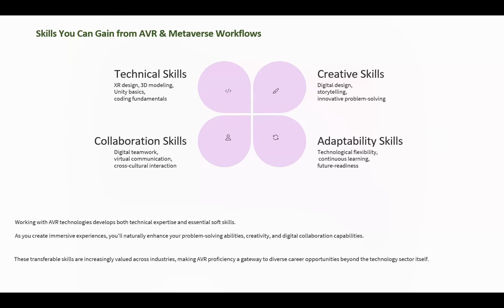I don't know how to do this technology justice, but the possibilities are immense, you guys. There are so many. Then we have collaboration skills: digital teamwork, virtual communication, cross-cultural interaction. By us engaging you as TVETs in all your different disciplines, we are already collaborating with you. That is already collaboration. So we need teamwork, to see how our learners can get the best out of it. Then adaptability skills: technological flexibility, continuous learning and future readiness. I hope those make sense already as they are.